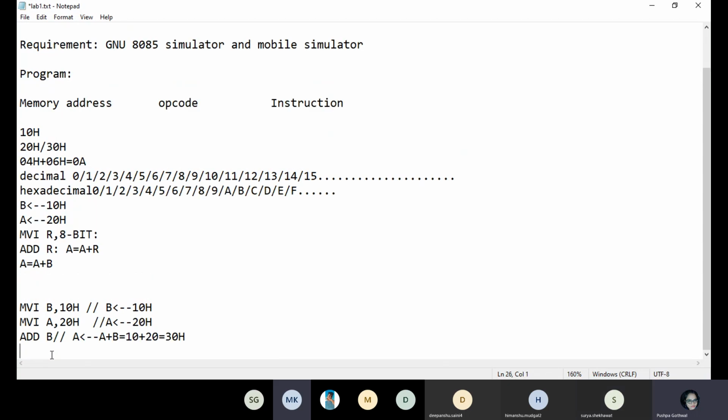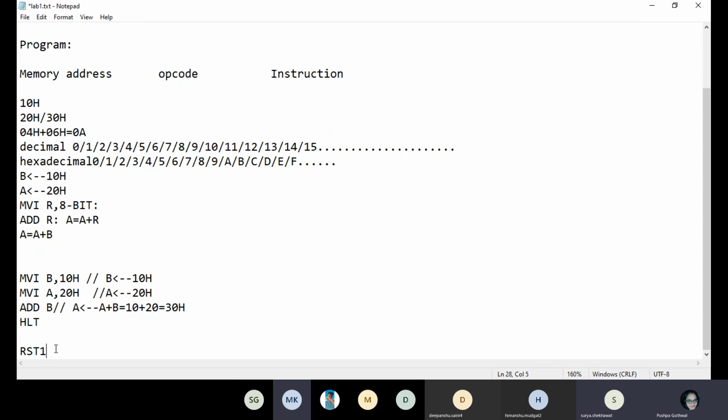Some simulators are like this. Tell me. You wrote 10H in hexadecimal, but above you said 06H plus 04H should be 0AH. See, in hexadecimal, what is 10H basically? This 1 is also a 4-bit number, and this 0 is also a 4-bit number. If I write 16 in hexadecimal plus 24, assume 14, then 6 plus 4 gives A, and 1 plus 2 is 2. In that way it will happen.